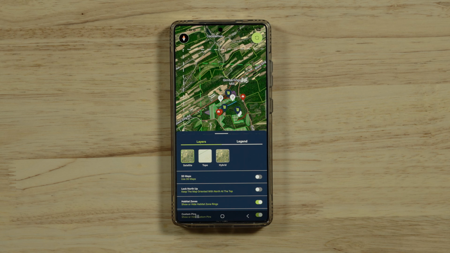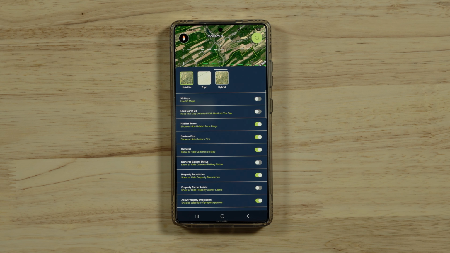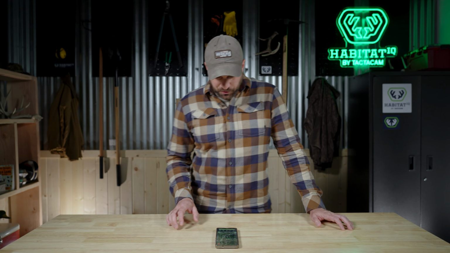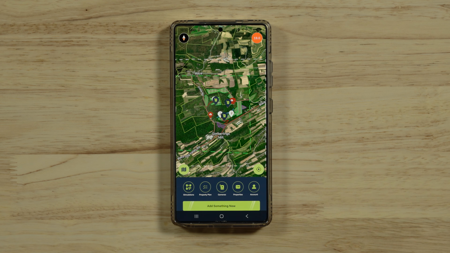You have your satellite view, you have your topo view, you have your hybrid view, and then you have some functionality to be able to toggle on and off the 3D maps, the habitat zones, and your camera integrations and property boundaries. So one of the coolest features I like here when we're looking at the My Property screen is